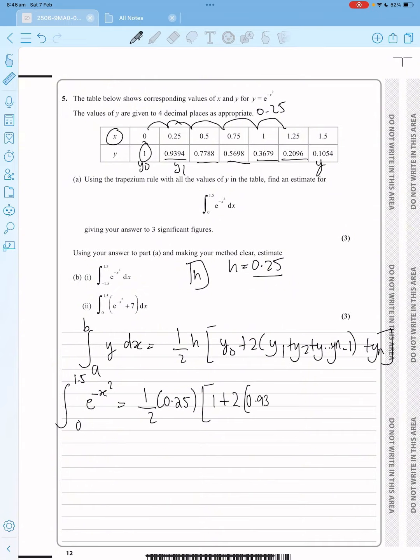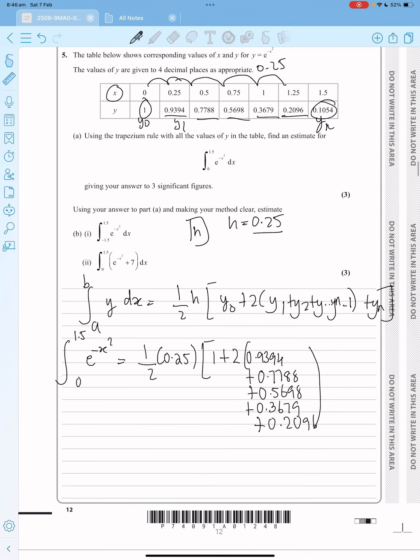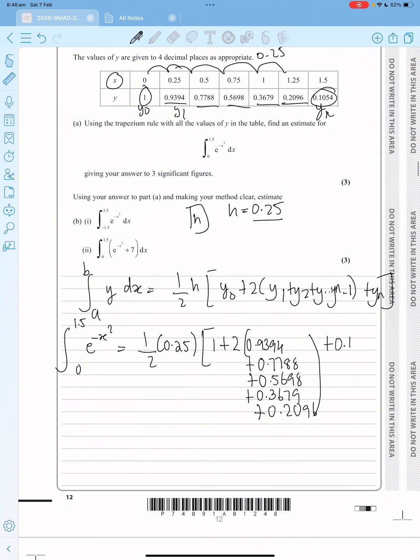So 0.9394, I'm just going to write it as a column, plus 0.7788, plus 0.5698, plus 0.3679, plus 0.2096, and then outside of the bracket, make sure you don't multiply this part by 2, because this is your yn, your last term. So plus 0.1054, and now you can close your bracket, and you can do this on your calculator to get the correct answer of